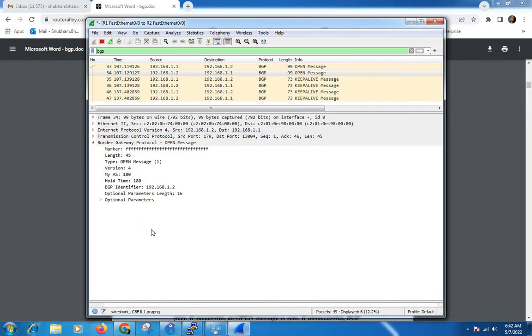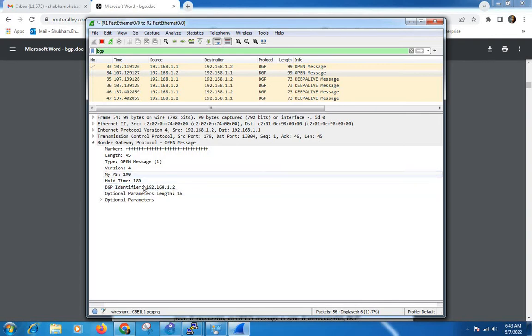In it we can see the hold down timer, my AS number, the version number, which is IPv4 version 4, the length, the type of packet, open packet, and the BGP identifier, which means the BGP router ID. The router ID is this.